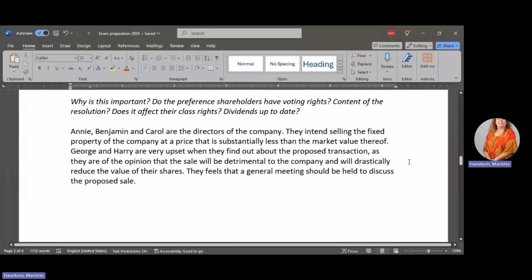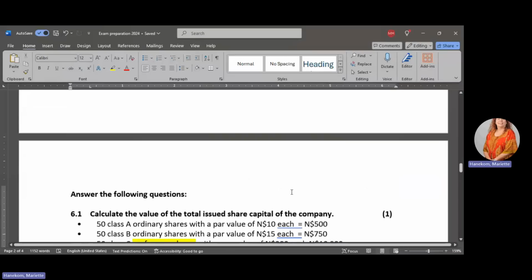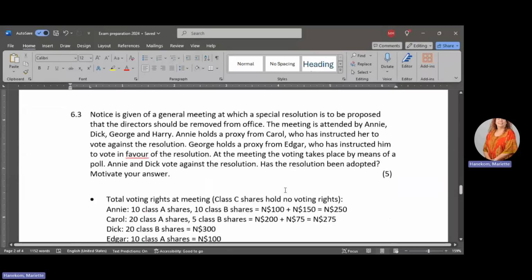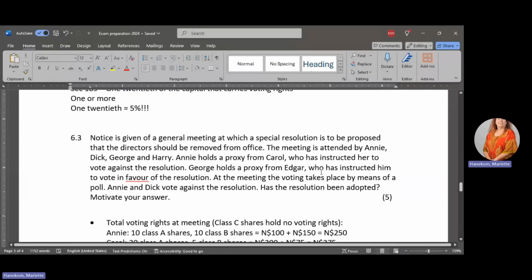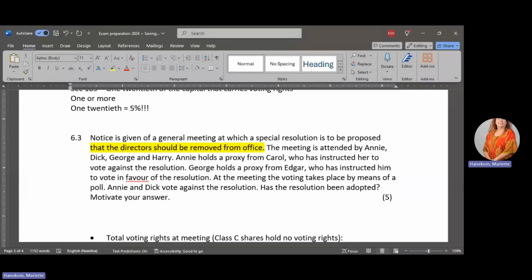In the case study, there is the question that they intend selling the fixed property, etc. That's just for background. The issue here is, what are they voting about? That the directors should be removed from office. So first of all, you need to decide